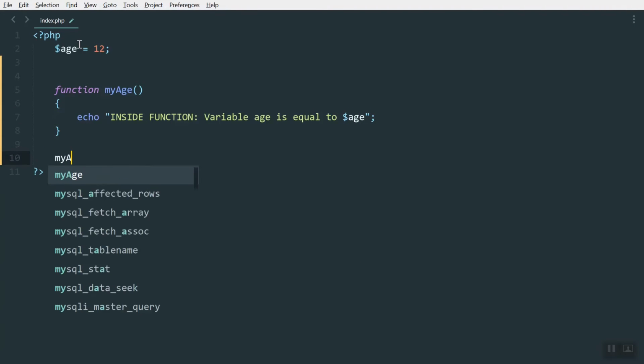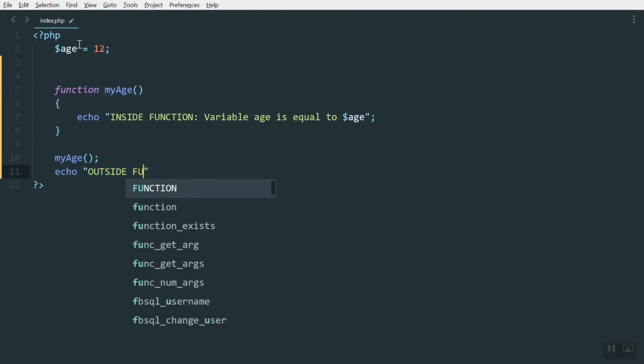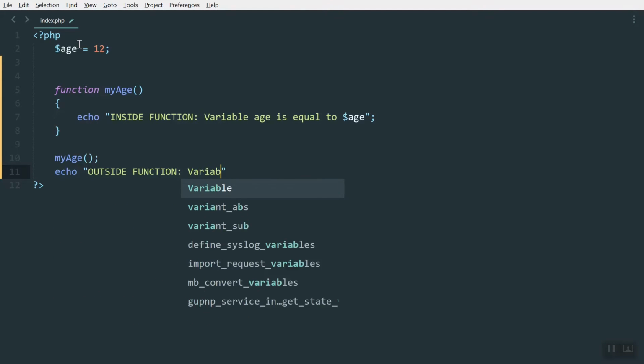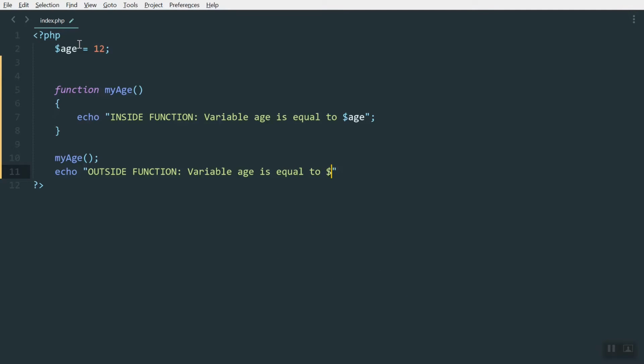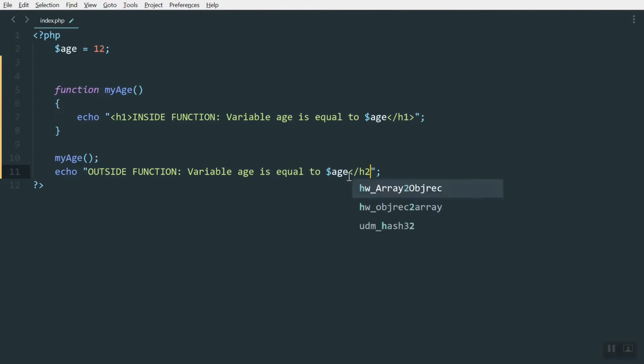And then here let's call the function, and then another echo statement which will also echo the variable value. Let's update the code and wrap the text inside the header tag so it will look bigger in